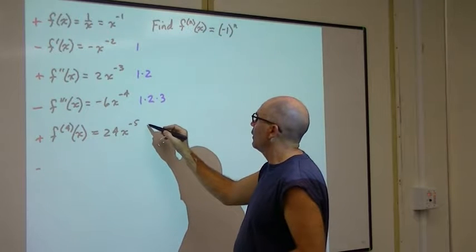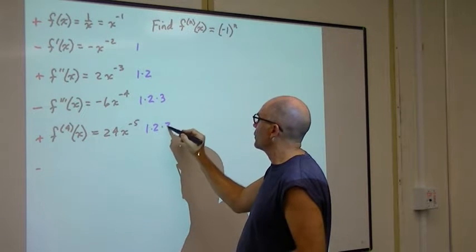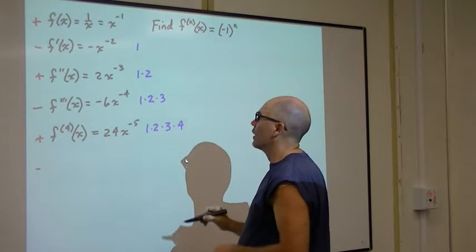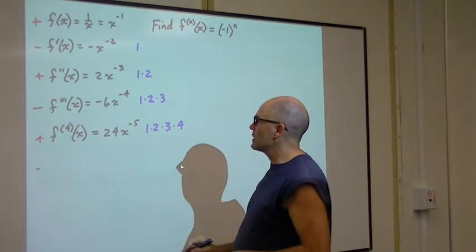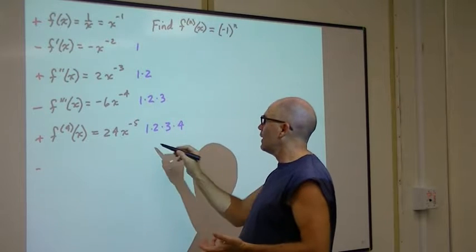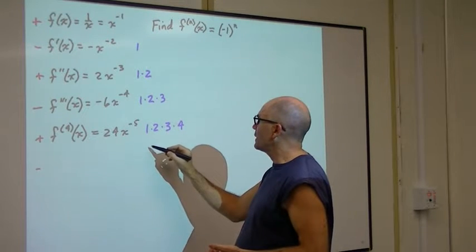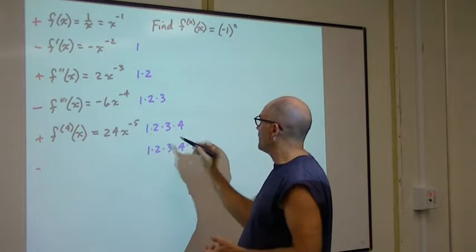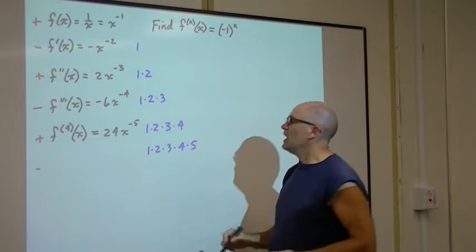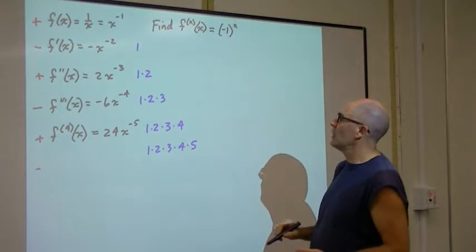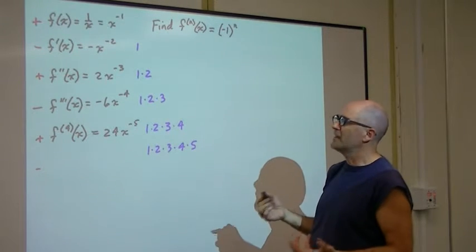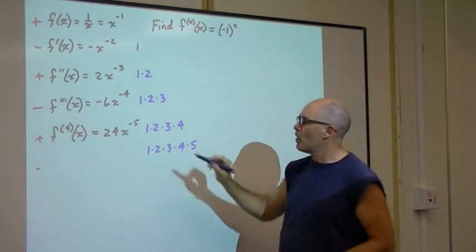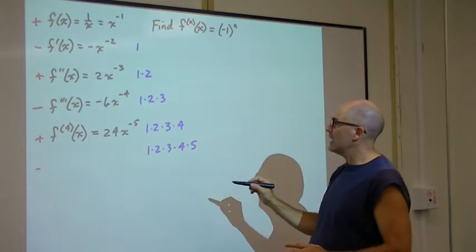Next we have 1 times 2 times 3 times 4. That's 24. Now if I go again, 24 times 5, well, we don't have to know what that is. We know it's 1 times 2 times 3 times 4 times 5. And notice we already took into consideration the change of sign. So the coefficients in front of all my x's are going to be,